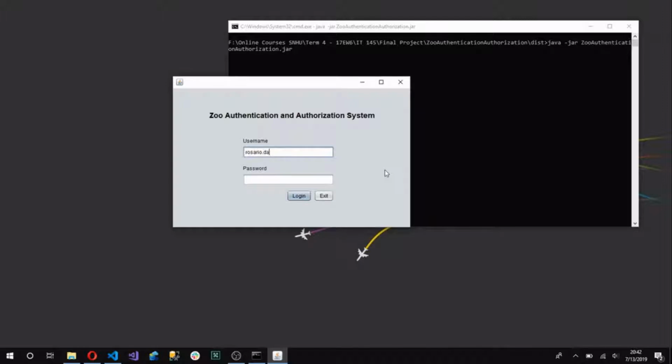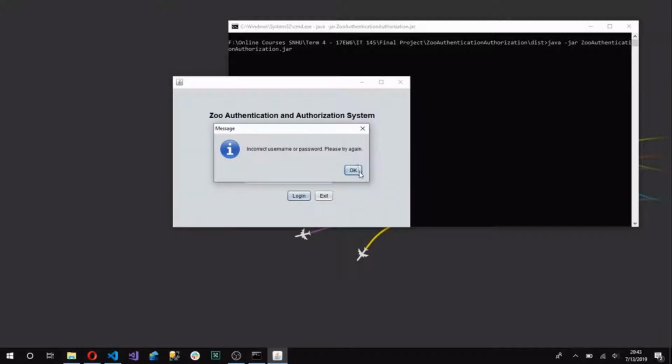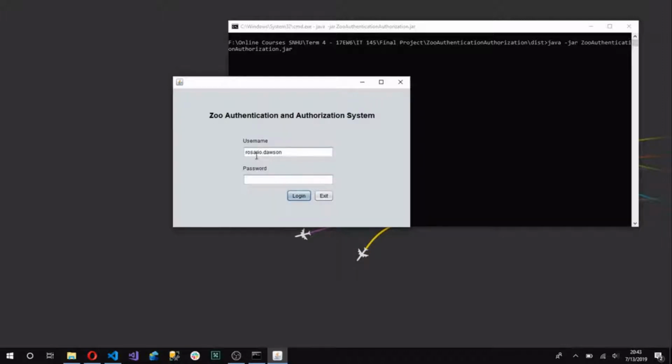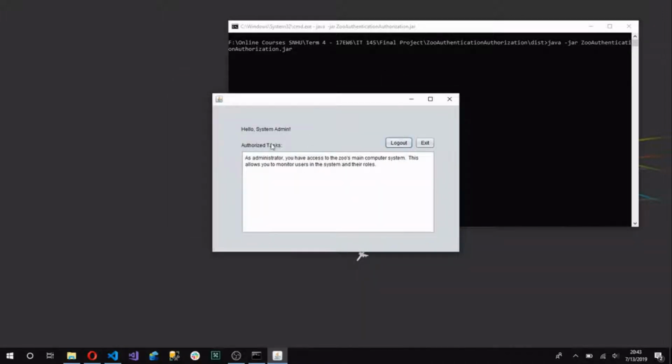So the user types in a username and the password. Let me make sure I spell it right. Once the username and password have been entered, the user just clicks this login button, at which time the authentication is processed. Looks like I have misspelled something. Oh yeah, I did the wrong password. There we go. Okay, so once you log in, the program greets the user with their current role, and then